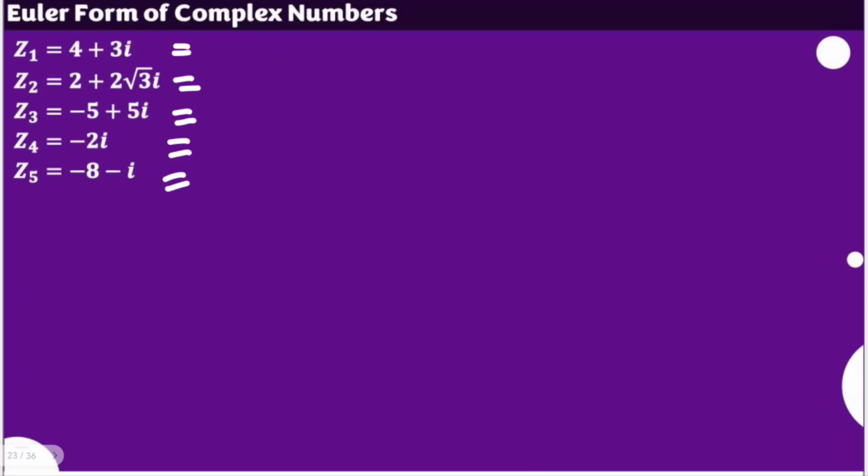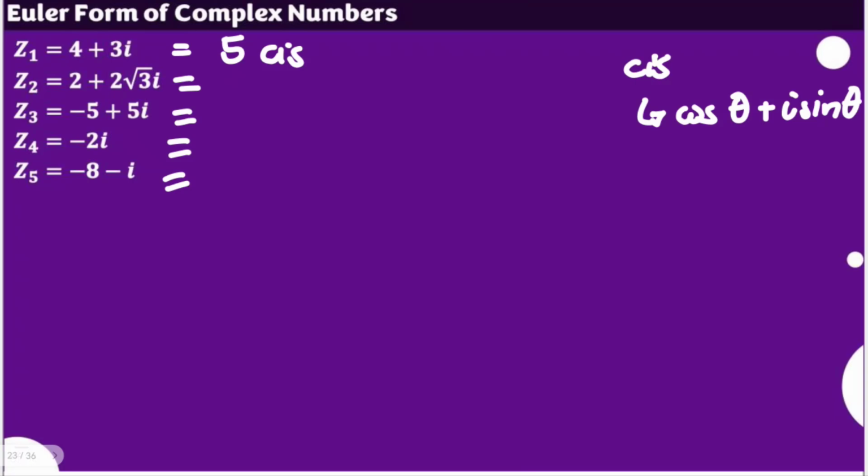For our z sub 1, we have here 5. Let me write here in terms of CIS. We know that CIS is a shorter way of writing cosine theta plus I sine theta. So we have CIS, our theta there, because we don't have a very specific angle among special angles. So we use there an approximation of 0.64, but this is again in radian measurement, not in degrees measurement. So please take note of that. We just need to be specific. In polar forms, you can even use degrees, but just to be specific,